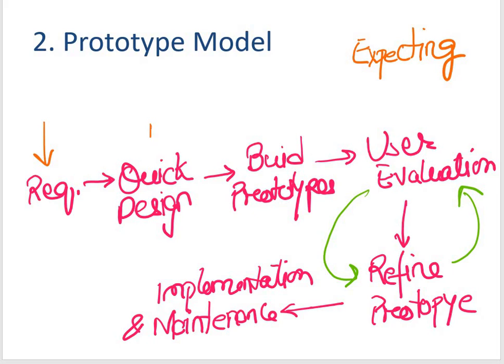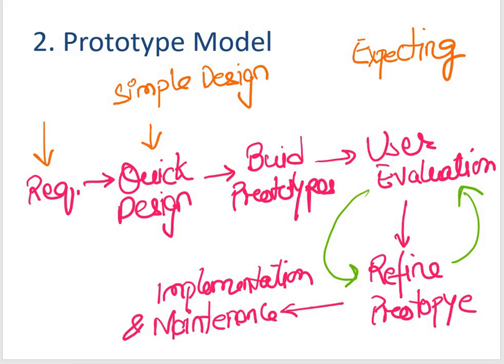And then we'll go ahead with the quick design, which is the second phase, in which we have a preliminary design or a quick design. That means a very simple design is created, because we know that there will be several refinements in it.